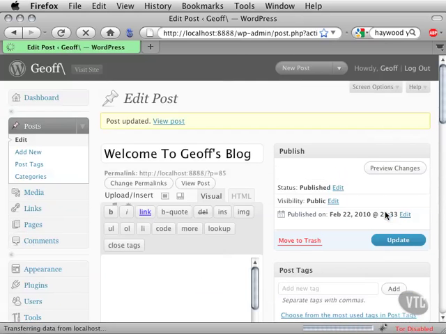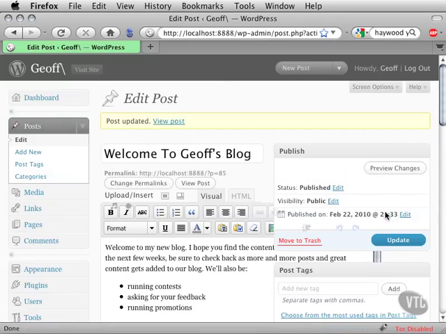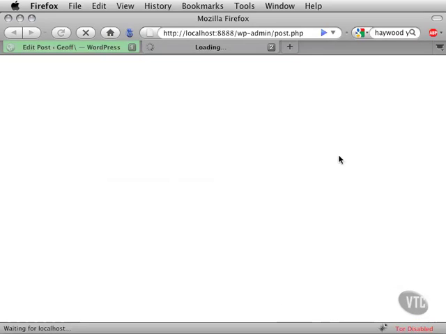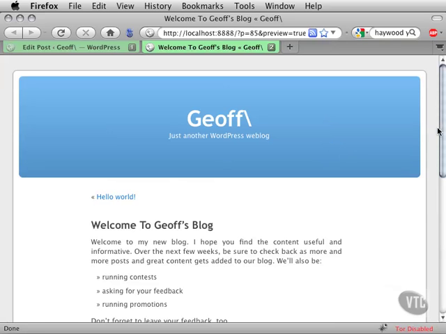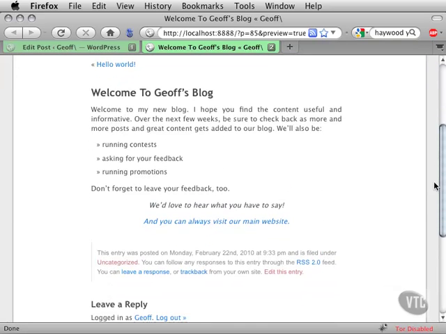And of course what happens here is WordPress goes ahead and updates my post for me. So you can see here in yellow up across the top, my post has now been updated. Well, of course, now I'm curious to see how my changes look on my live blog. So I'll go ahead and click on preview changes. And inside the new browser tab that opens up, of course, I can take a look at the